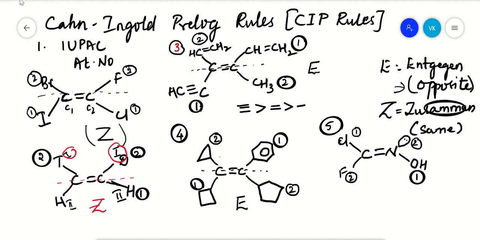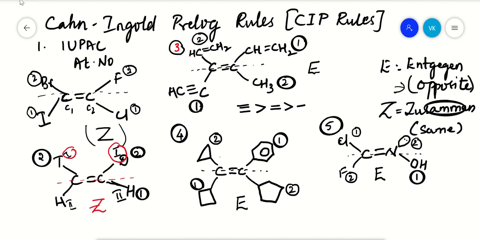So let us take this as carbon. On this carbon you have two groups. Out of these two groups, chlorine is given more priority than your fluorine. On this nitrogen you have two groups, that is a lone pair of electrons and an OH group. Out of these two, OH is given more priority than your lone pair of electrons. Again, now you just cut your molecule into two equal halves, and the higher priority groups are coming on opposite sides. So we say this is having E configuration, right? This is how you say it.